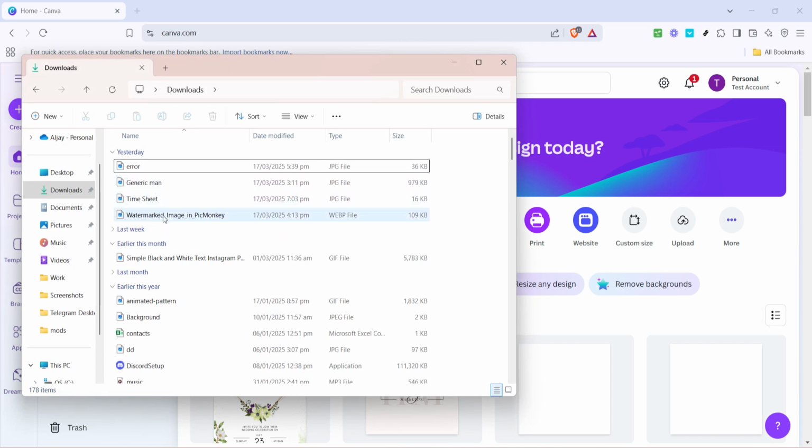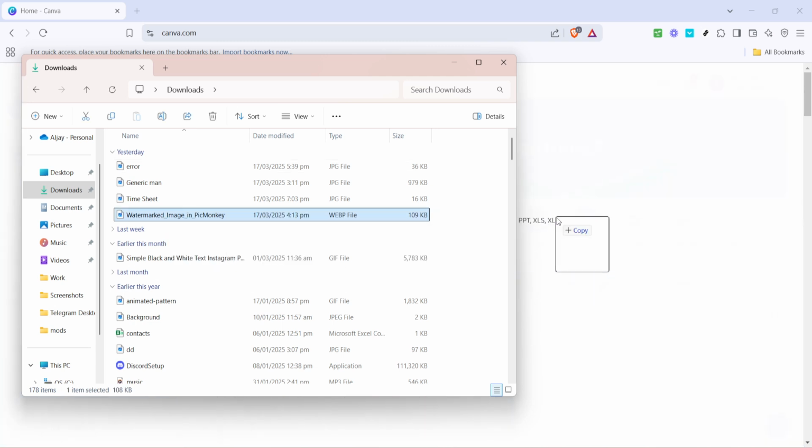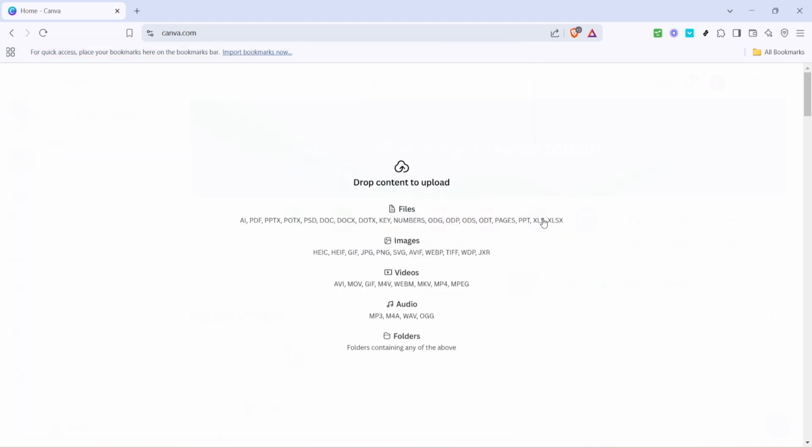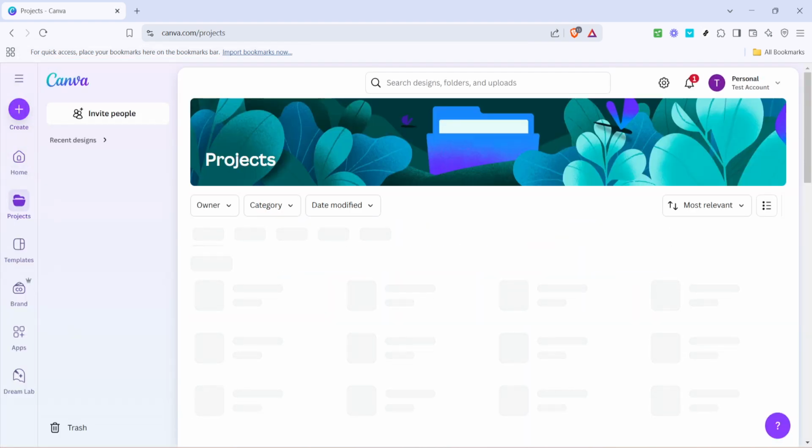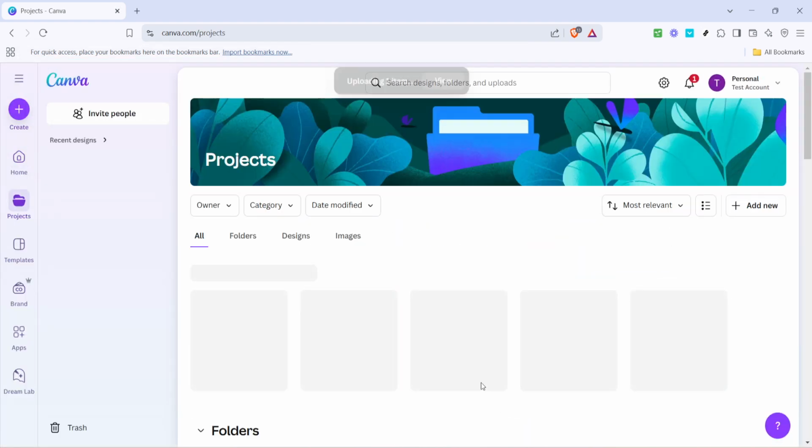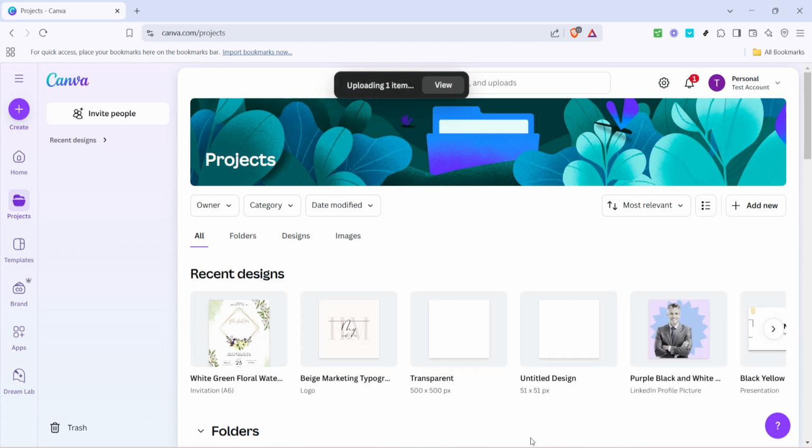Now comes the straightforward part, dragging and dropping. What you want to do is click on the image in your file explorer, hold down your mouse button, and drag it over to the Canva interface on your browser. Make sure you see the Canva window open and drop the image into the designated area. If the upload is successful, you'll be able to see a small preview of the image in the Canva upload